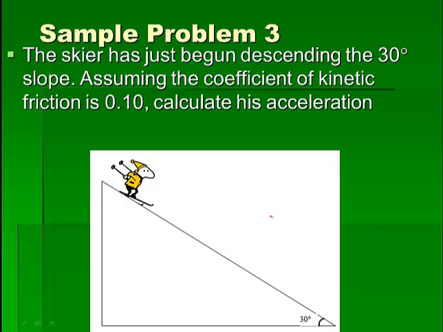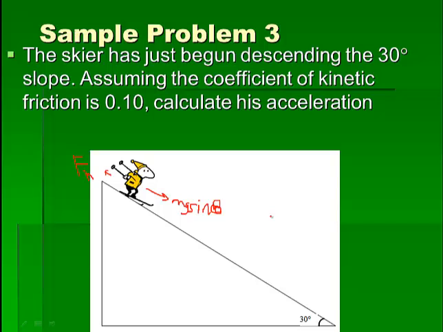Last sample problem. This skier has just begun descending the 30-degree slope. Assuming the coefficient of friction is 0.1, calculate his acceleration. Notice we're not giving the mass here, which must mean that it can cancel out at some point. So in this problem, there are really two forces that we care about acting on the skier. There is mg sine theta pulling down, and then there is kinetic friction